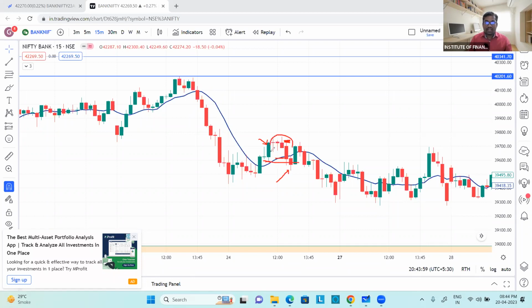Now add all these candles into one candle. अभी क्या हुआ? ये green candle बन गई. This is the green candle, and all these candles turn into a single candle, that is a red candle, which is bigger than this. Okay. Now this turned into a bearish engulfing. Total till this candle, it has made a low of this. Now where do you need to take the sell position? Below the low of this. So बाद में क्या हुआ? You got a result. Did you able to understand what I am telling?